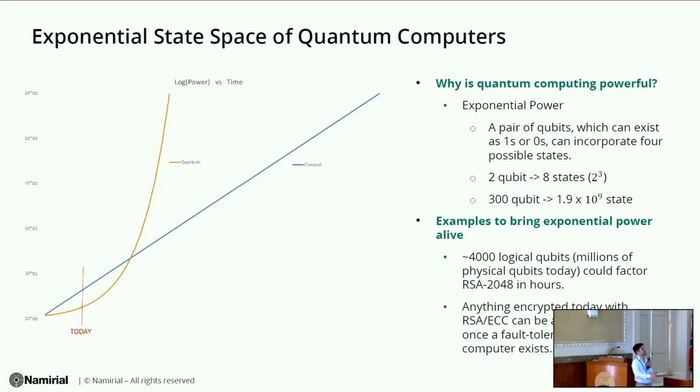To give you some idea of how powerful a quantum computer is, in maybe 5 or 10 years, we could expect to break RSA in just a few hours, and this is a really, really bad thing for our company, or in general for those companies that work with classical encryption. So anything encrypted today with RSA or ECC can be archived and then cracked once a fault-tolerant quantum computer exists, or when it